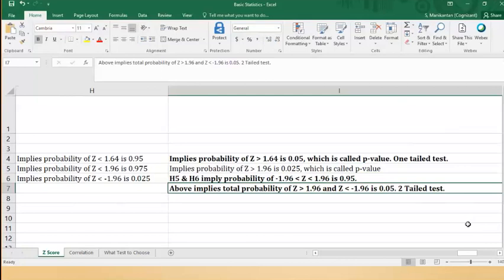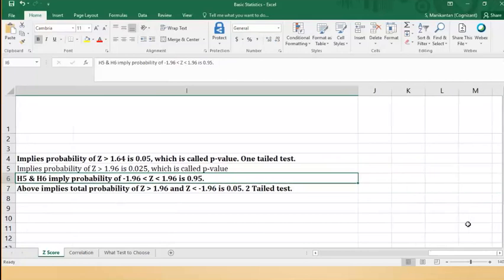As you saw above, for a two-tailed test, if the Z value falls between minus 1.96 and plus 1.96, we can be 95% certain that there is no statistically significant difference between the mean and the new employee's salary. Based on one sample, we are going to determine for all new employees whether I can conclude there is a statistically significant difference. So I compute the Z-score for this 60,000. If it falls between minus 1.96 and plus 1.96, I conclude that there is no statistically significant difference between the mean and the new employee's salary.